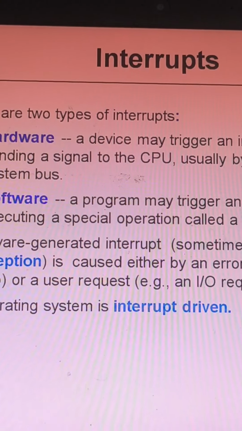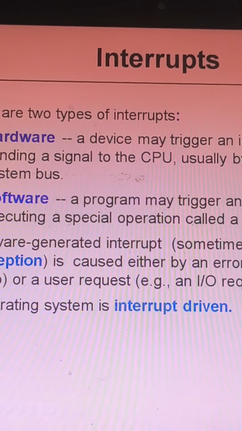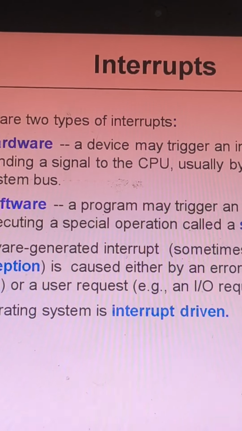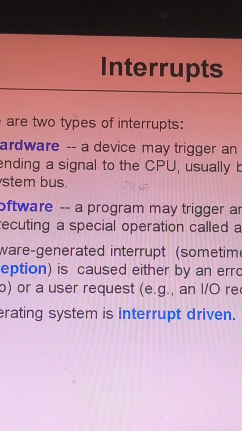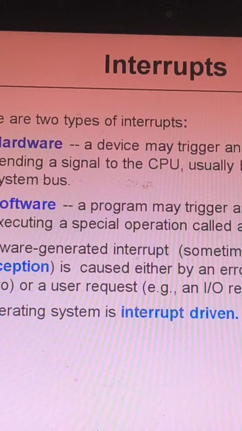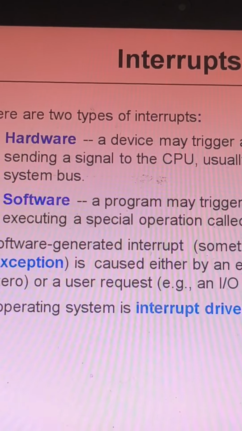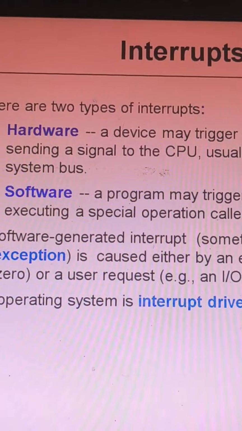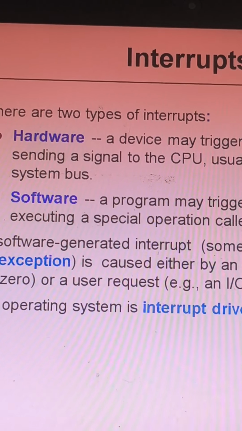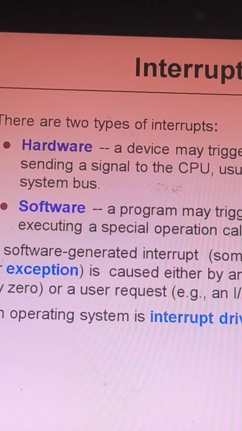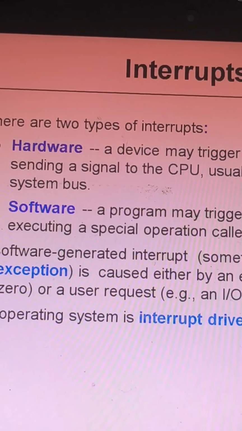So, a software generated interrupt, sometimes called a trap or exception, is caused either by an error or through a user request. So, for example, it may be the request which is made by an IO request. Generally, an operating system